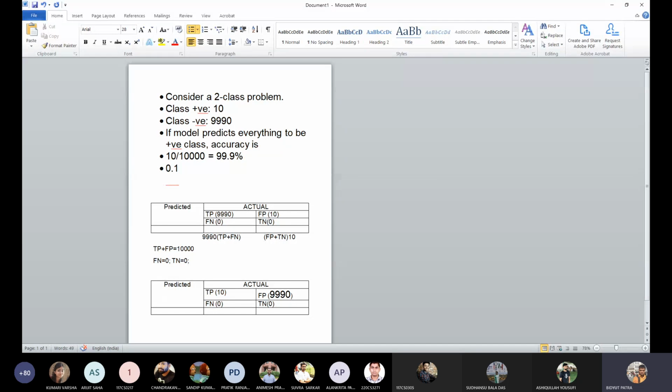So I have to move back to the old slide. Do you have any question? Yes, can you show us another example of a confusion matrix where false negative and true negative also have some value, like all the four quadrants have some values? Okay, maybe in a later class I may have the example.